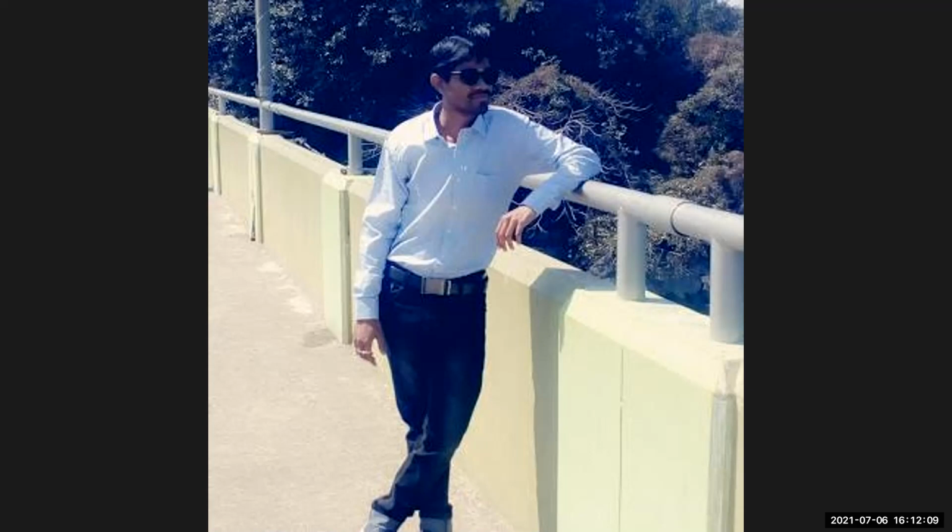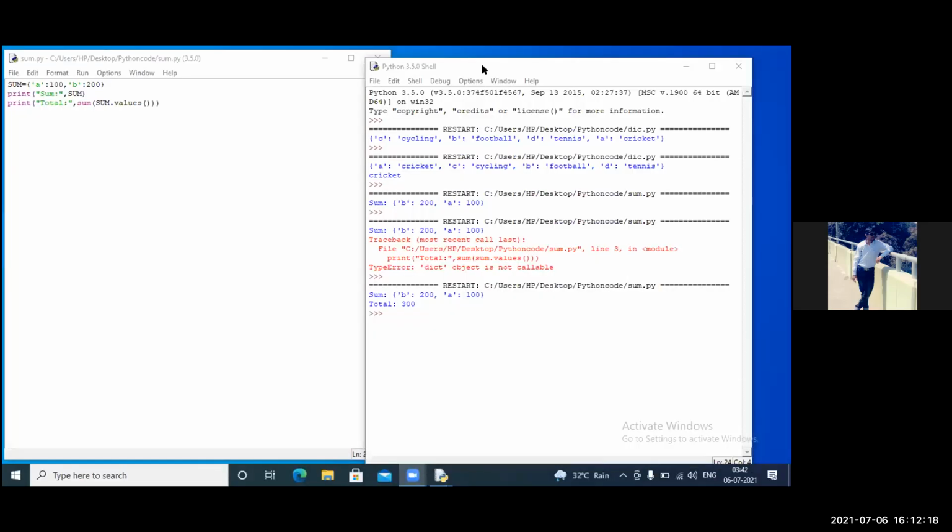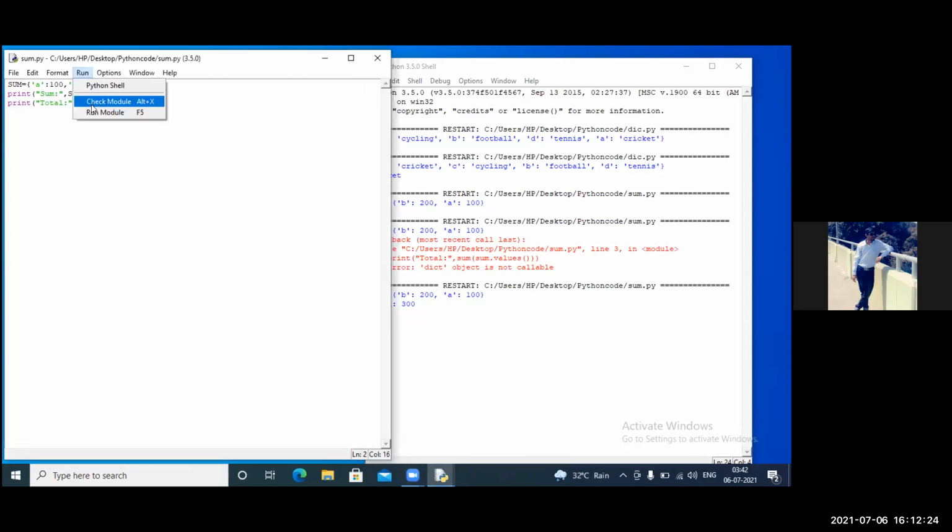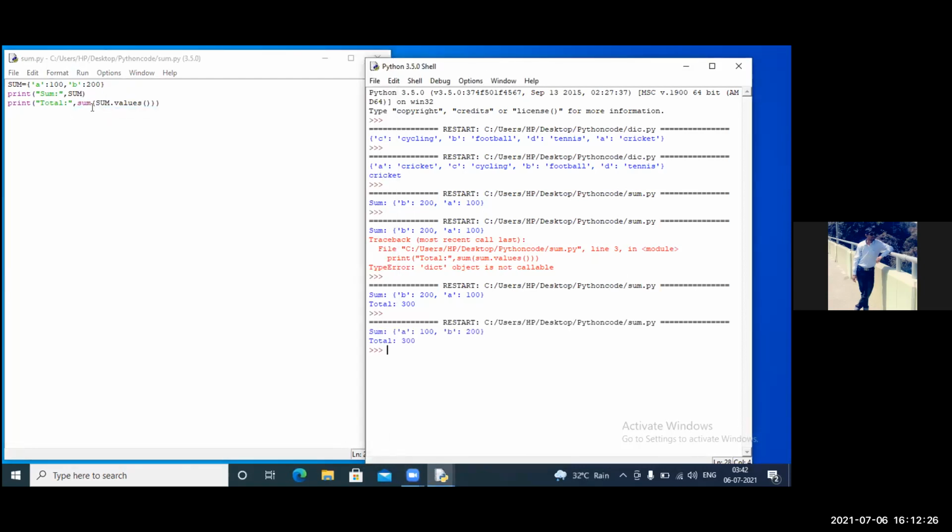Okay, moving to Dolly. Okay, sum equal to A and B. You have created a dictionary and int of sum of the values. Okay, fine, good. So all of you have done it.